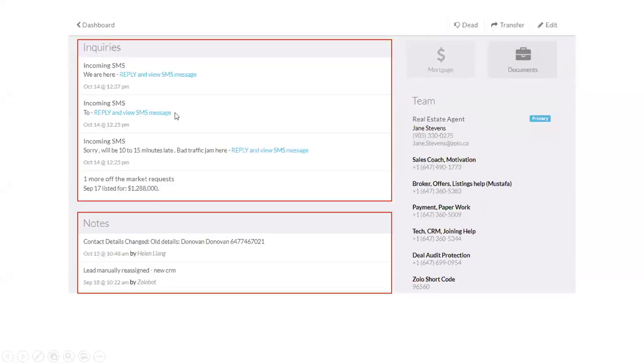So if they were to call your Zolo number, again, remember I said at the beginning, any phone call that's made to your Zolo number gets recorded. So you would see a blue hyperlink here that says listen to call. So you can go back, listen to the call, see what properties they were inquiring about, pull them up on your MLS system and call them back with the information. You also can see any text message that was sent to your Zolo number, and you can reply to it